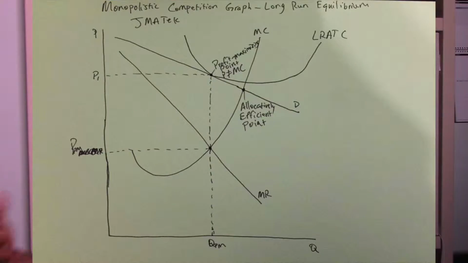There are some barriers to entry, but they are quite low. It's not really hard to enter or leave the firm. It's quite simple, actually. It's not simple enough that I could just go out and plant a machine in my garden like I could with tomatoes in perfect competition, but it is a lot simpler than oligopoly or monopoly. It's not that difficult. And because of this, firms make zero economic profit in the long run,